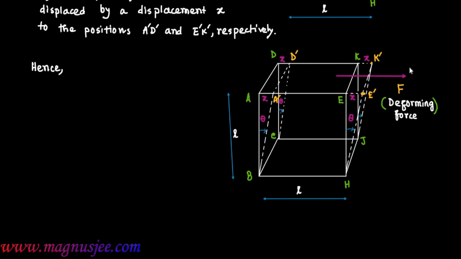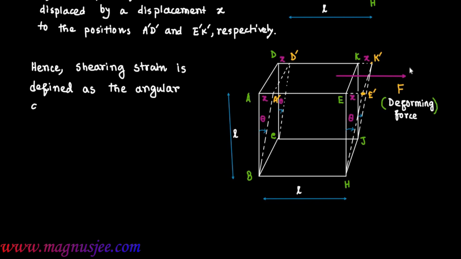Hence, the shearing strain is defined as the ratio, or shearing strain is defined as the angular displacement theta, equal to angle ABA prime or angle EHE prime,